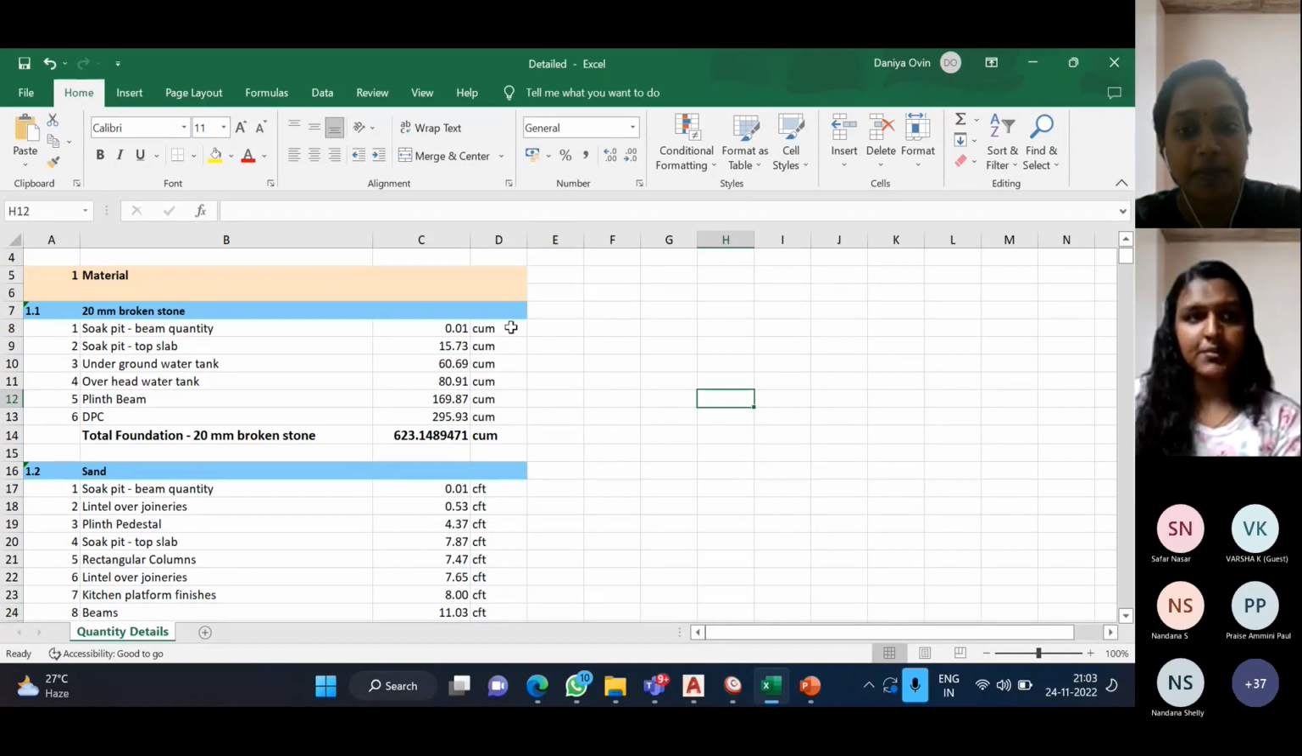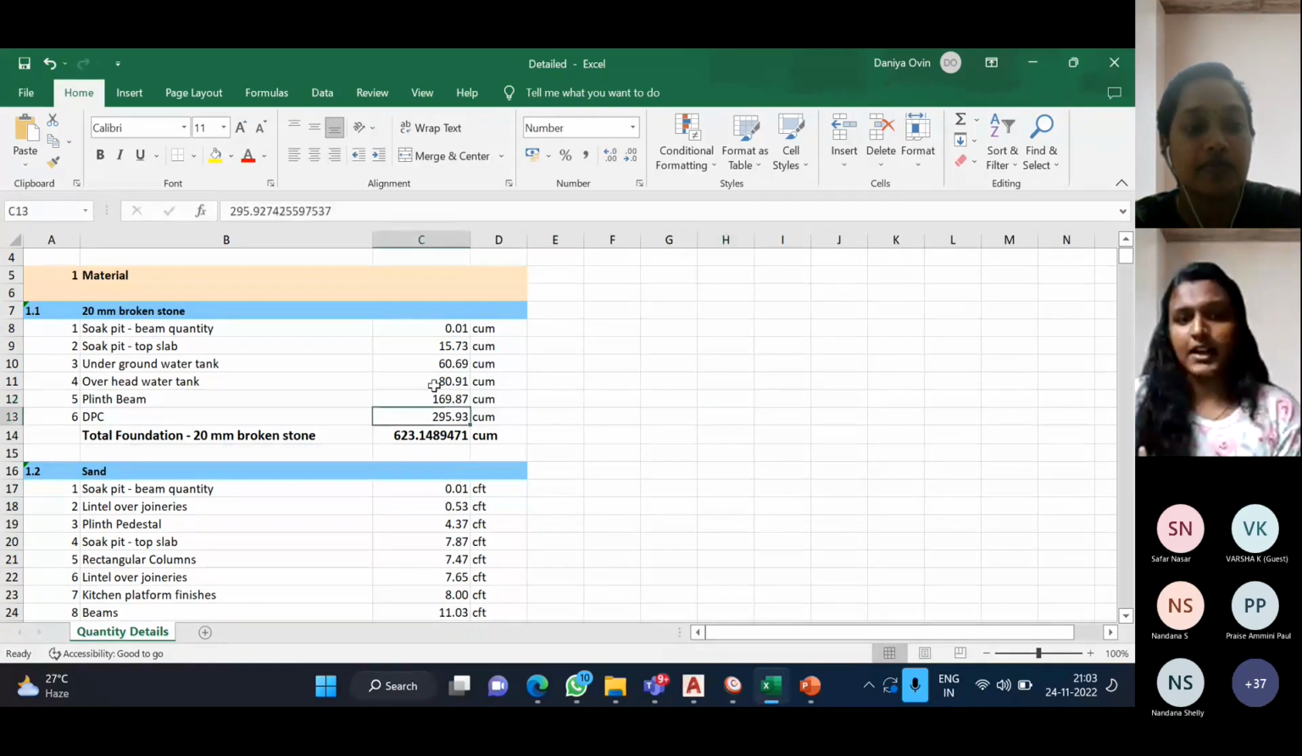Next report is the detailed report. In this detailed report, we get the material details. If we want to know how much quantity of 20 mm coarse aggregate is needed, and for which construction component purposes, we get that amount, that is the quantity over here, and the total quantity we have to take